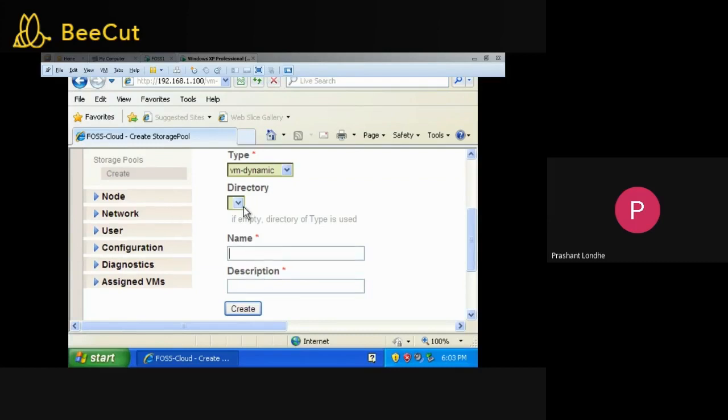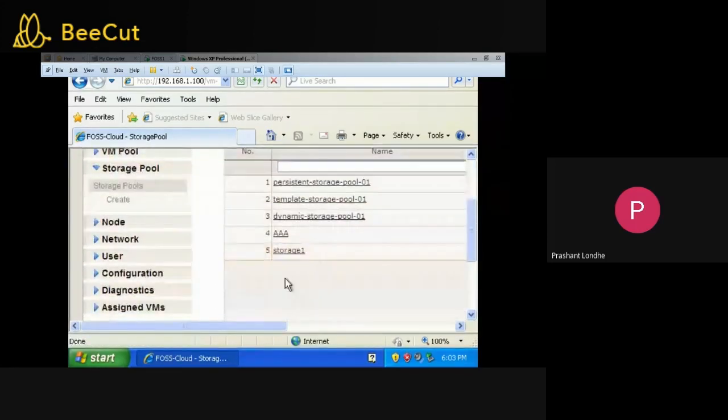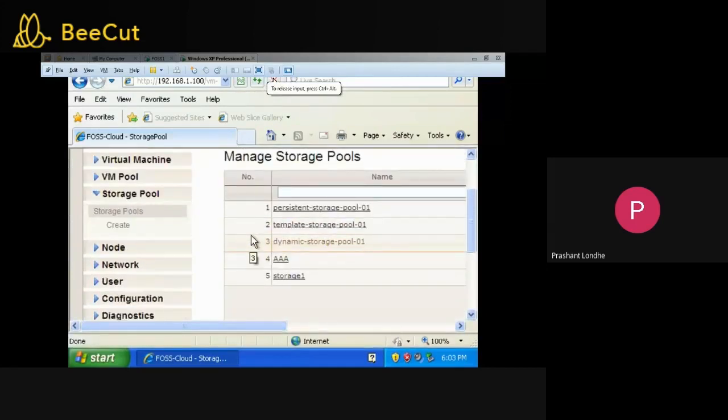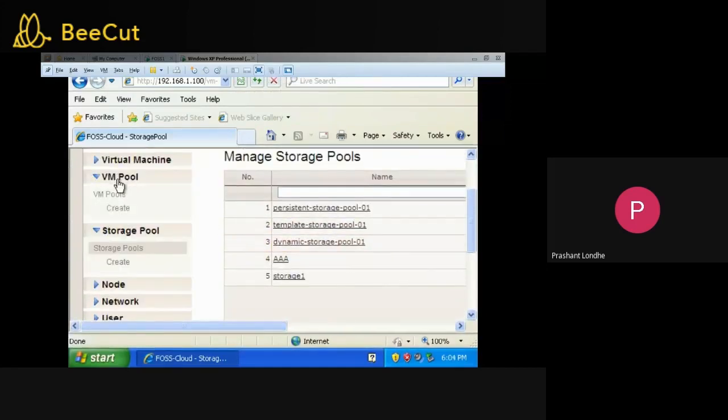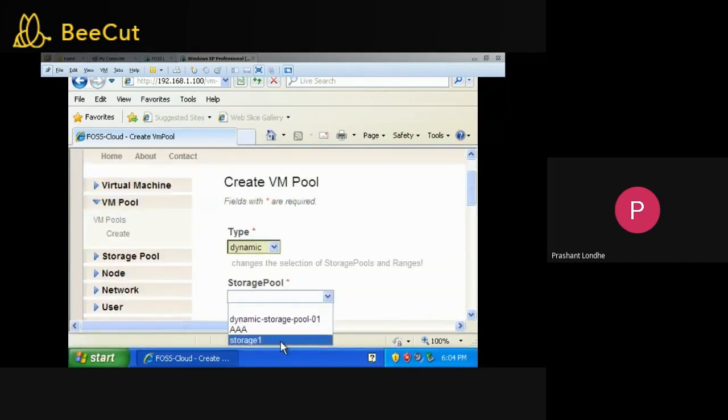So now for creating the storage, I will define storage 1. You can define the description as first storage, and then you can create. Now just see here. All the storages are over here. So this is one storage that I created previously while installing this operating system. Now I have created one more. Now just see here, I don't have any other resources. So whatever I am setting over here will be displayed over here automatically. Now you can see storage 1.